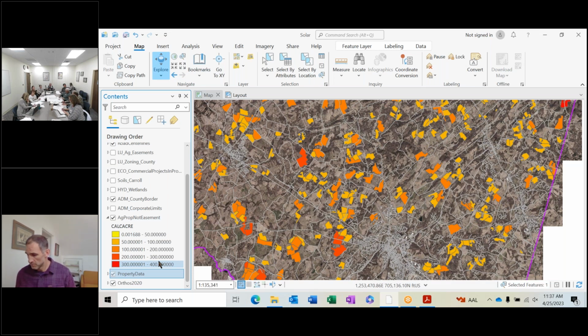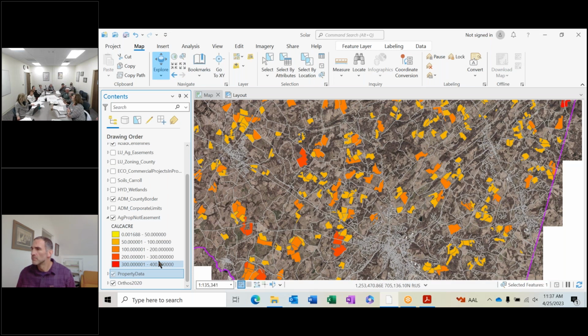And how many properties? You're going to make me do math. Sorry. 302 plus 144 plus 9 plus 3, that's 458, if I did my math right. Of 458 eligible properties, 8 have applied for community solar. This is all ag, not the remaining portion. Do you know the numbers for the remaining portions? I don't have that data available right now. I can maybe do that analysis for the next meeting.